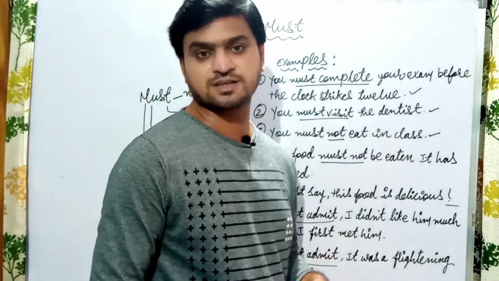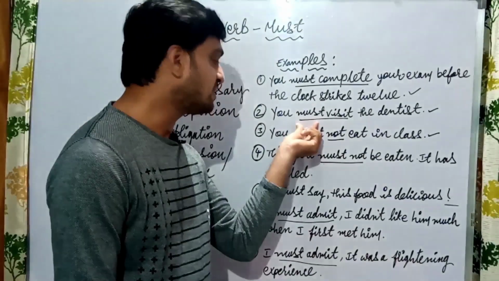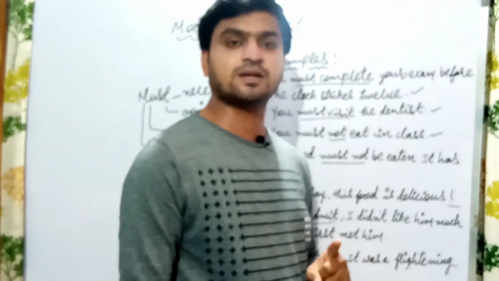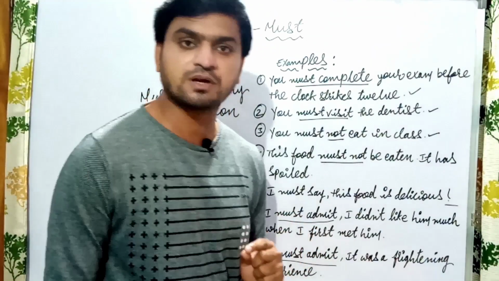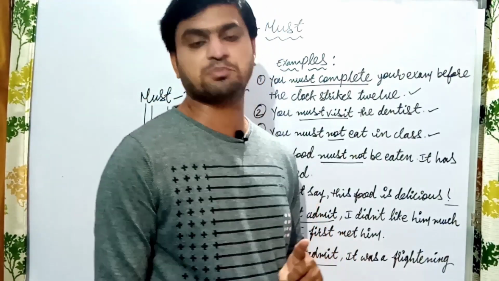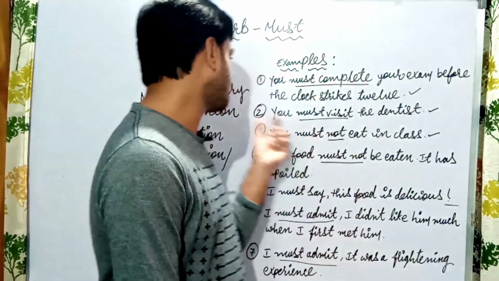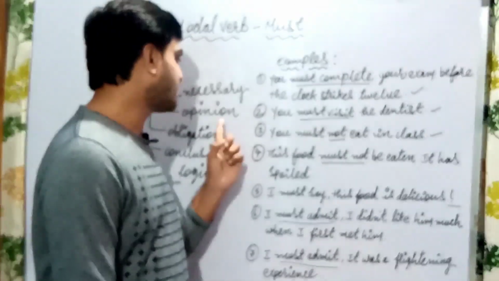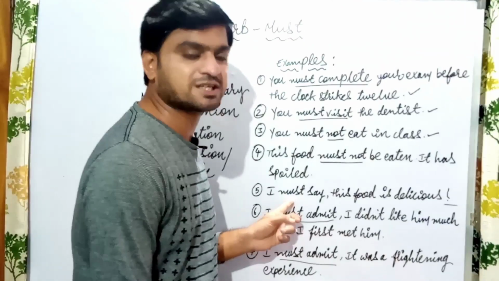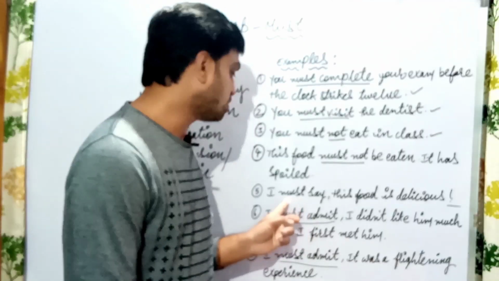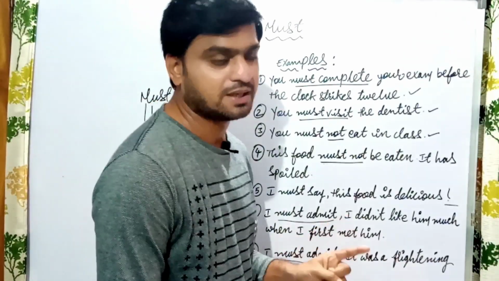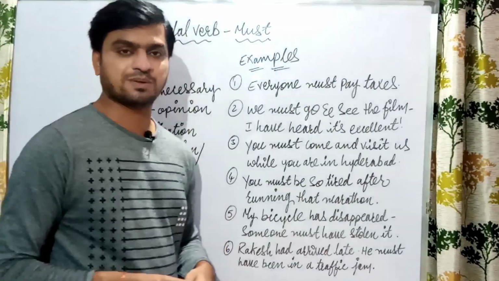Whereas must is generally used in the sentence for what? Necessary. If it is important, only must. If it is used with the help of V1, we will call it what? Necessary. Very important. You have to attempt, you have to do. Okay, that is the usage of first, necessary, followed by opinion. In opinion, we have two types. The first one is what? Beyond your expectations. If it is there, we will go with must say. And if you have surprise, must admit. So that is about obligations here.